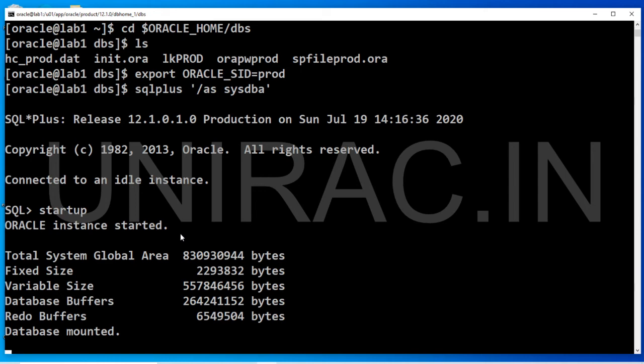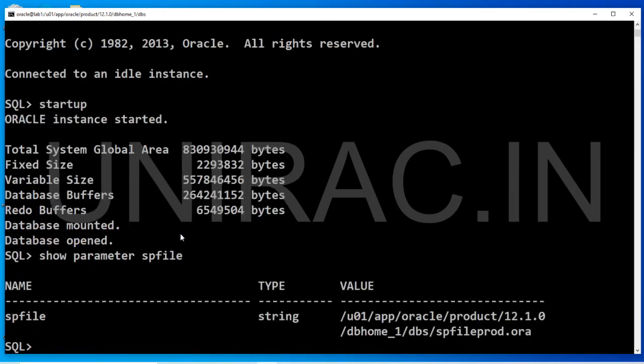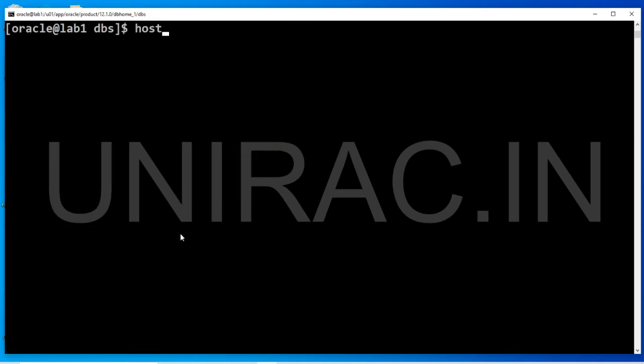The files associated with it are found under Oracle Home dbs, with the spfile as well as your oratab. You can see the spfile location with show parameter spfile. We can also verify the host name we connected to using the hostname command. lab1.uniracglobal.com. Is this the one we are trying to connect to for starting the test instance? Verify.